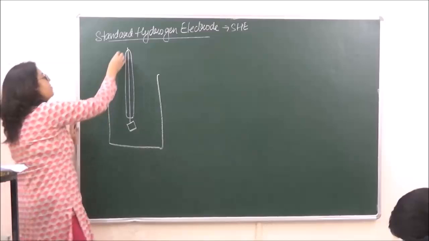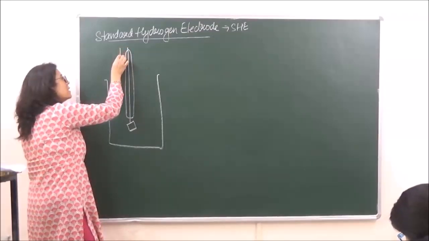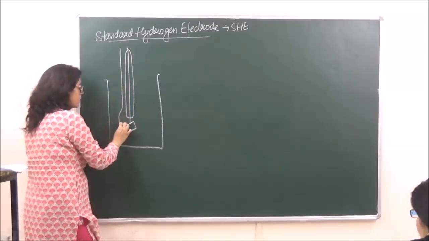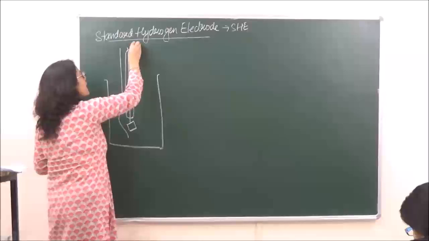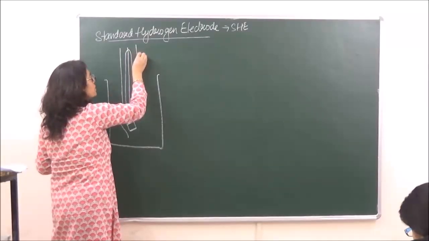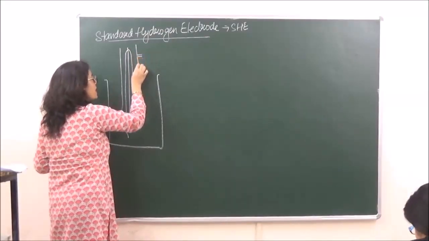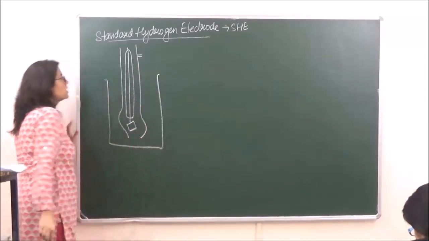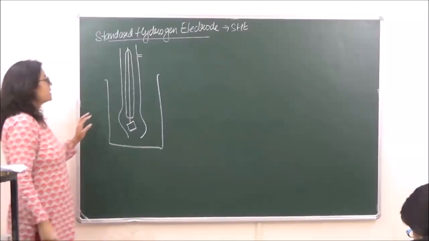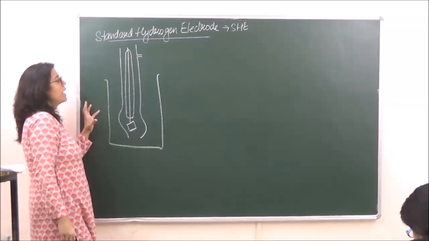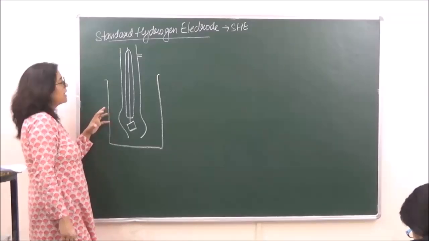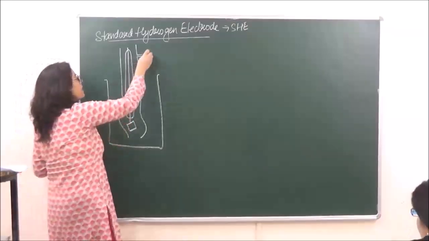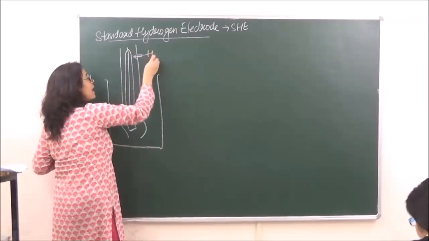Okay, and then we cover this with another perforated glass tube. This is a porous glass tube which we are using over here. Why are we using a porous glass tube? Such that the excess hydrogen which is produced can escape. Okay? So over here we are continuously bubbling hydrogen